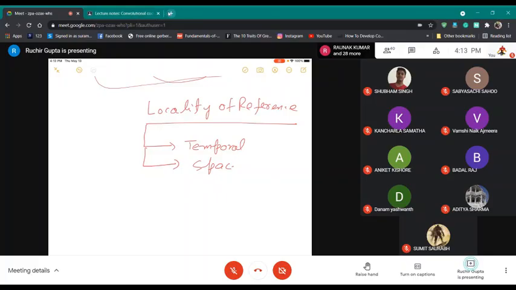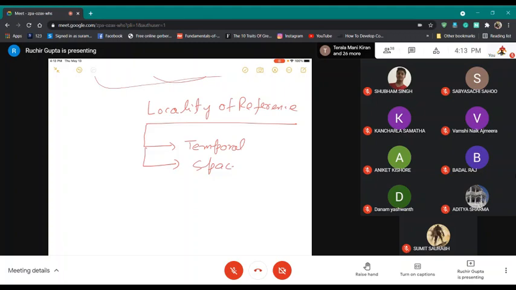And spatial means whatsoever has been used, things stored near to that in the memory location will be used again. So these are the two things that we consider while discussing the locality of reference. So the temporal